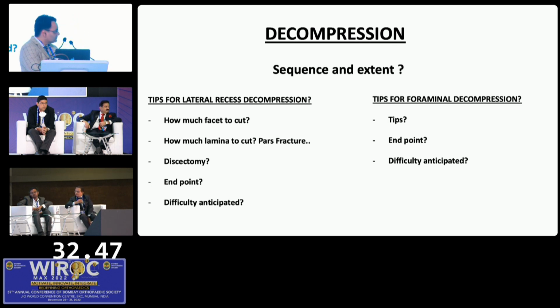I agree with him. Just like in the brachial plexus, you start and you go and see the nerve root from the axilla till the shoulder, and you see that it is clear. You needn't mobilize it, but if you are able to see it clearly, that means you have done enough decompression. A 2 millimeter probe, you should be able to pass through the foramina comfortably. Anything you want to add, Arjun?